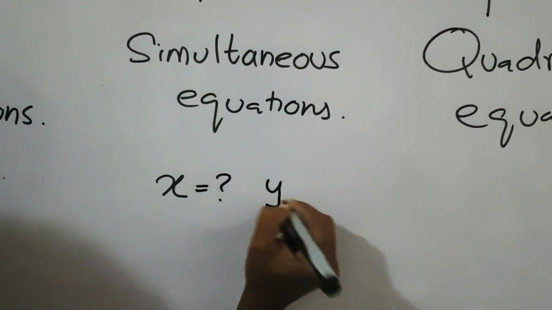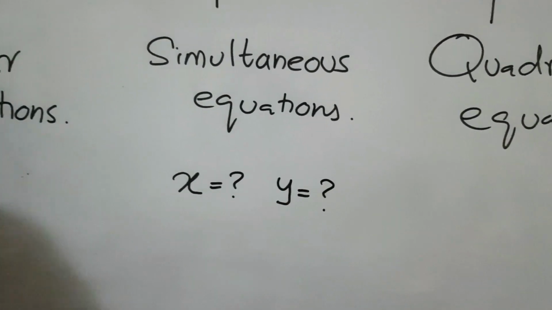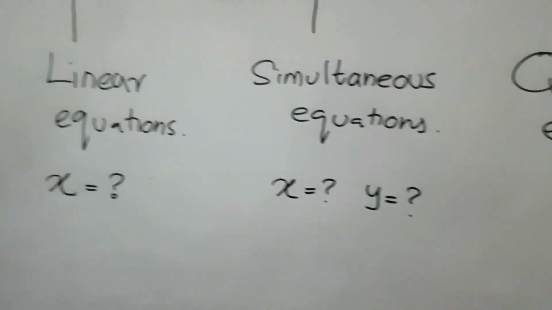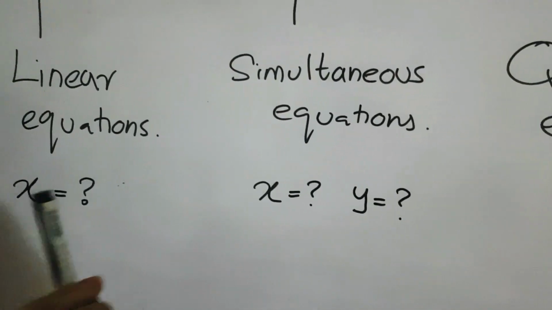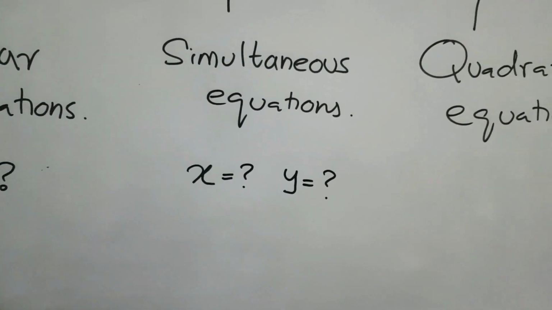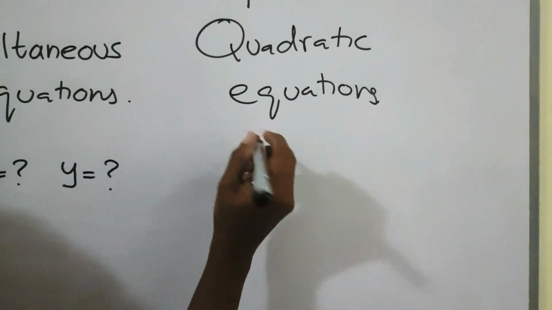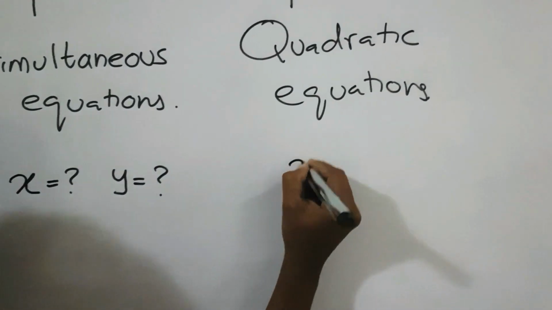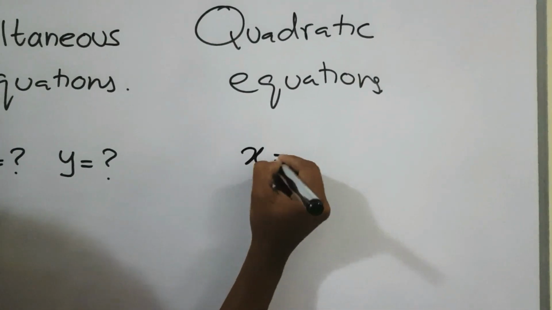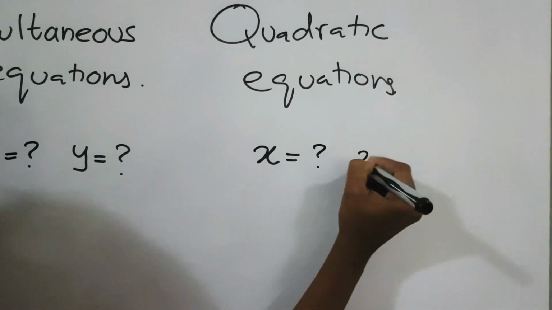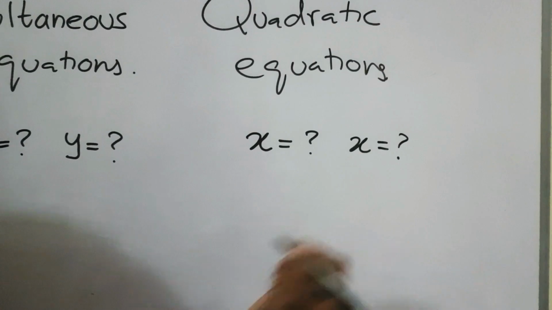Let's say x and y. For both, we don't know two. So we use a simultaneous equation and find the answer for two unknown terms. In quadratic equations, for the same equation, same algebra, the unknown term, we have two different answers for the same